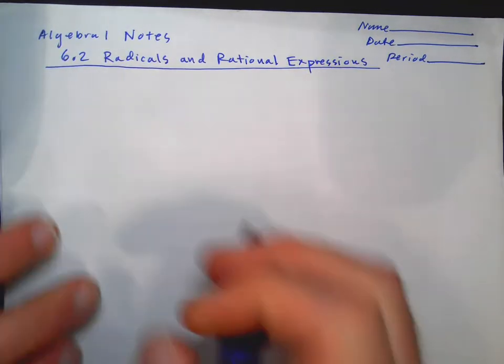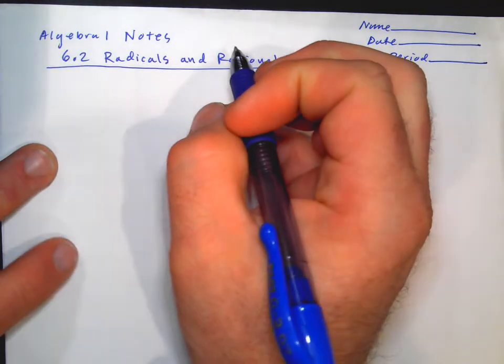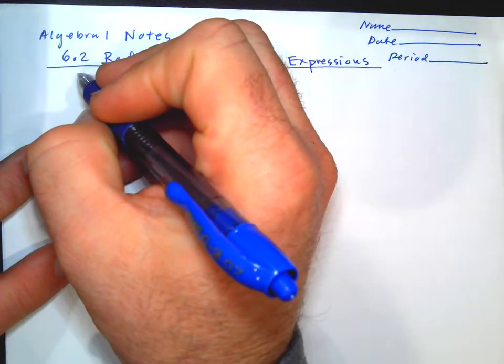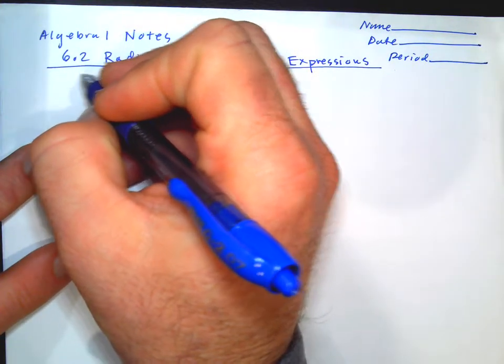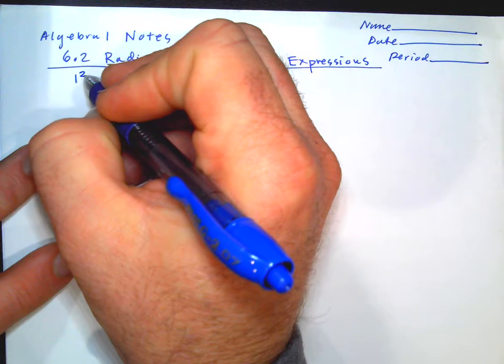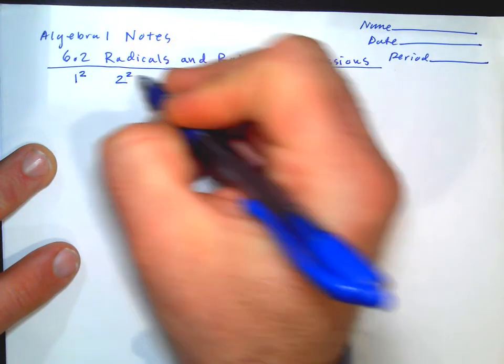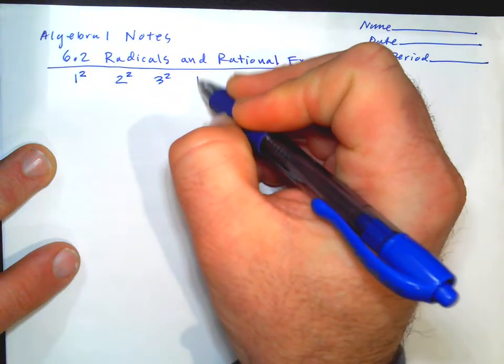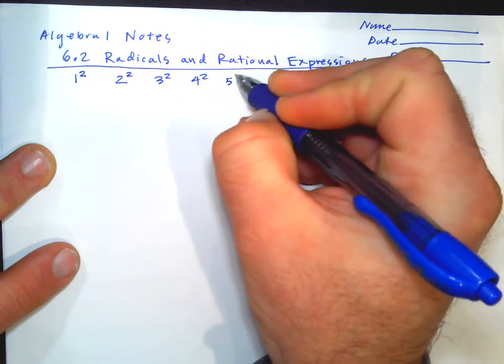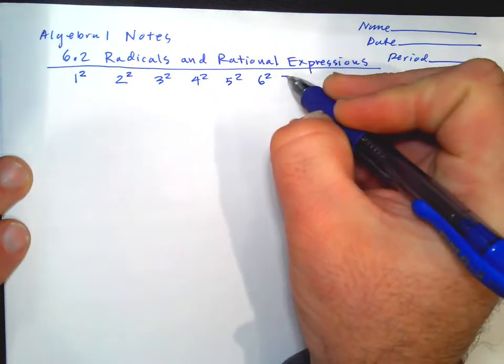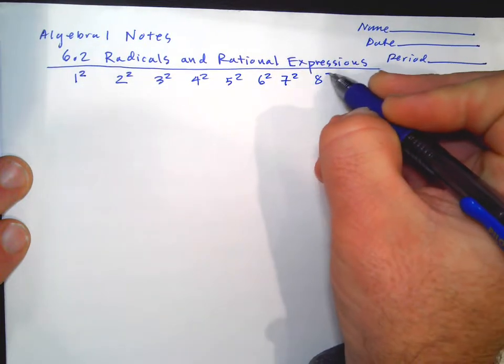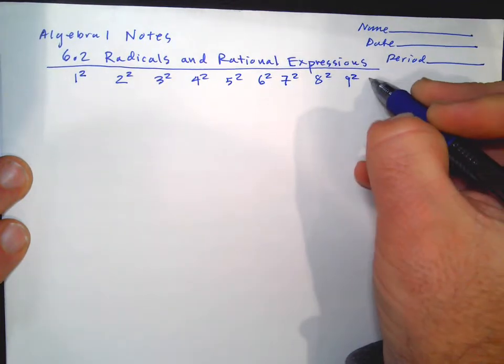Now, we've been doing exponents, so before we get into this new stuff, we'll review some of the basics, and this is going to help. This will be a nice little cheat sheet note. Okay, so let's do a bunch of powers. 1 squared, 2 squared, 3 squared, 4 squared, 5 squared, 6 squared, 7 squared, 8 squared, 9 squared, 10 squared,